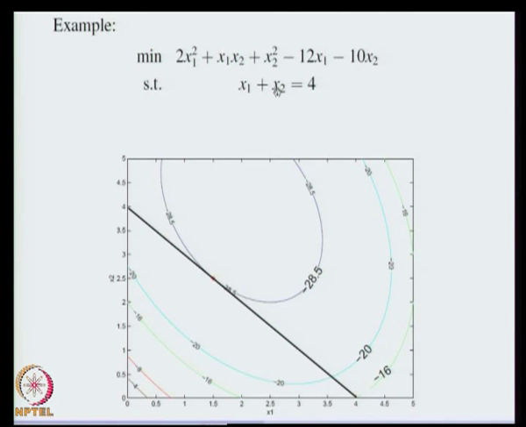Note that the objective function is convex. So, every local minimum is a global minimum. So, we can say that this is the global minimum of this objective function subject to this constraint, and the optimal objective function value is minus 28.5. So, these are some examples related to the constrained optimization problem, where the objective function is a convex quadratic function with positive definite Hessian matrix, and the constraints are linear equality constraints, and we saw a simple formula which could be used to solve such problems.